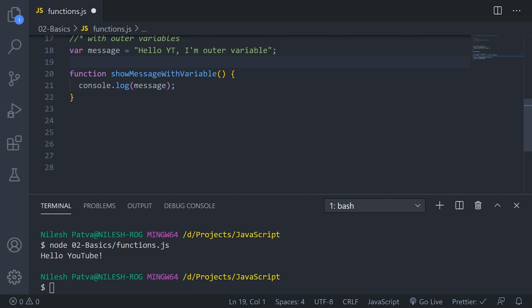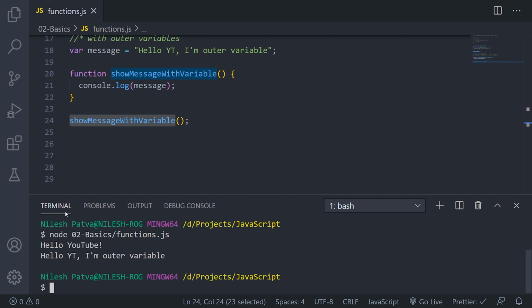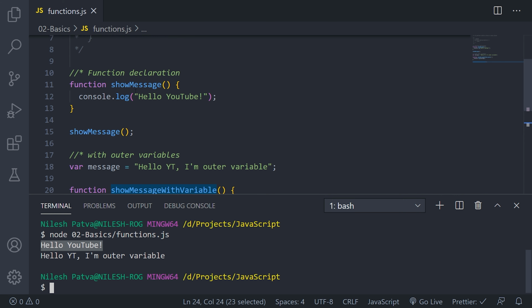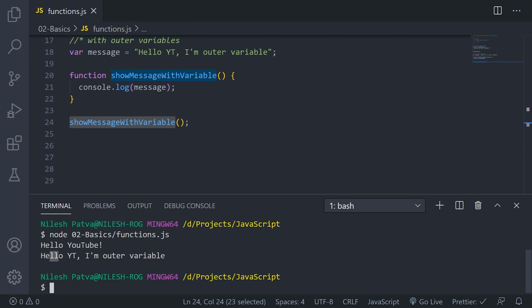Then my actual function declaration, I have named this function show message with variable, and to call that function you just have to write the function name with parentheses, then run your program again. You will see two different lines. The first one is from our older show message function, and the second one is the value we stored, so we can print an outer variable as well. We can use outer variables.